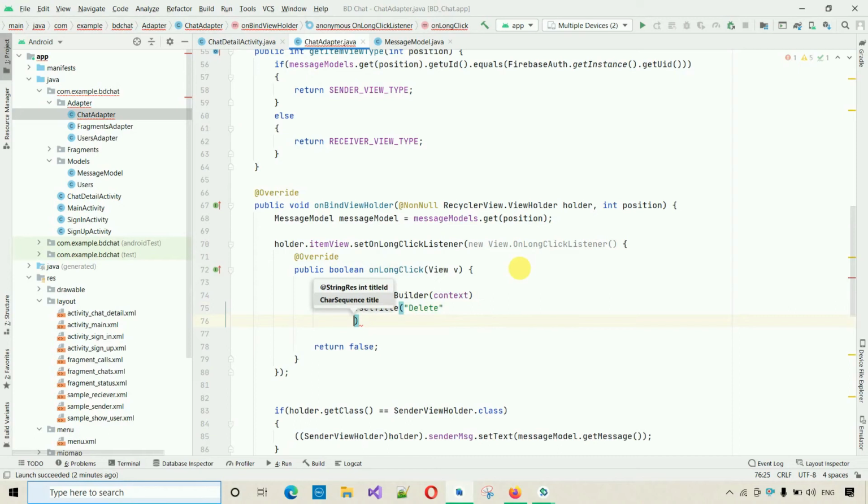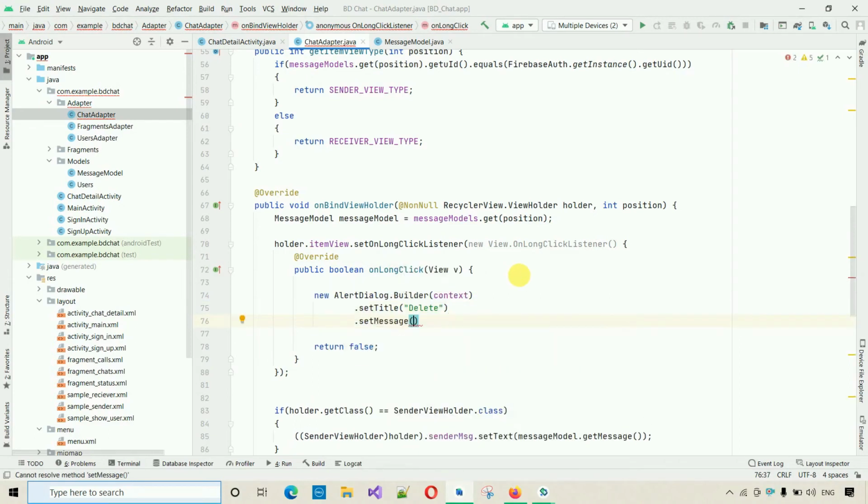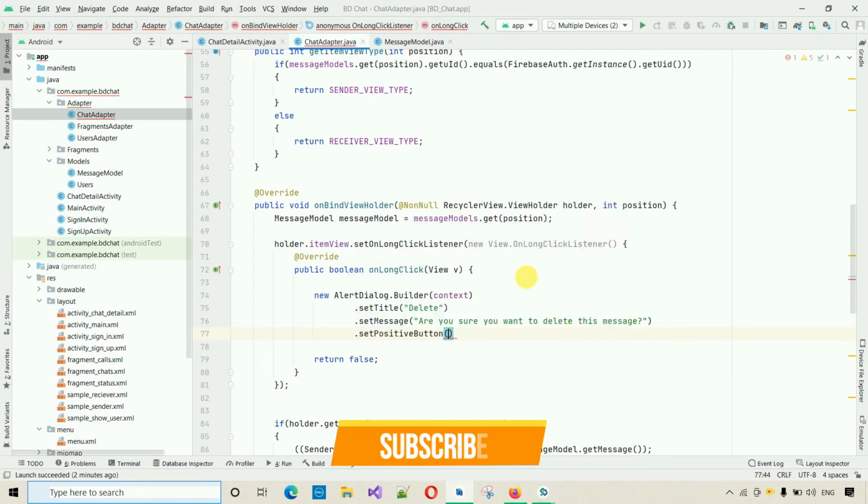After this I'm going to set a message, set message, which will be shown to the user. Are you sure you want to delete this message? Like this one. After this we have to set positive button, and set this one we have to type yes,